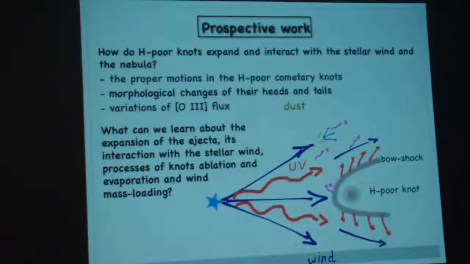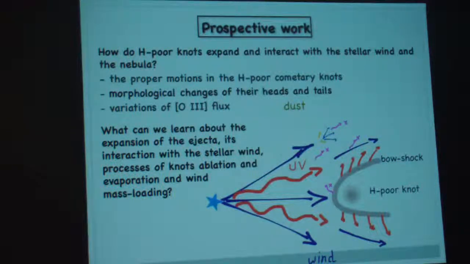So in this kind of interaction we have the UV flux from the star, which is photoevaporating material, and here we have the stellar wind interacting with the nodes, producing kind of bow shocks, and this is going to produce X-ray emission that we have detected with X-ray satellites, and there is also a lot of dust there. Dust is formed in just a very short time lapse. So there is a lot of physics that comes in. So the point was that